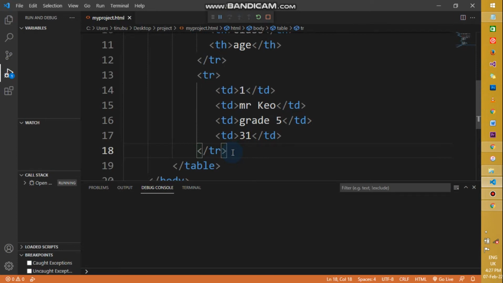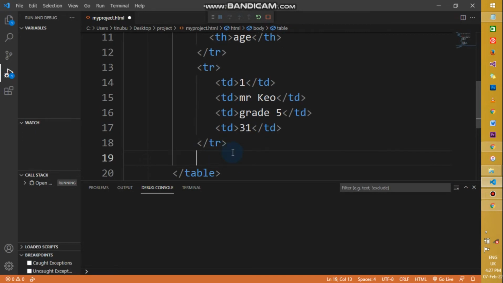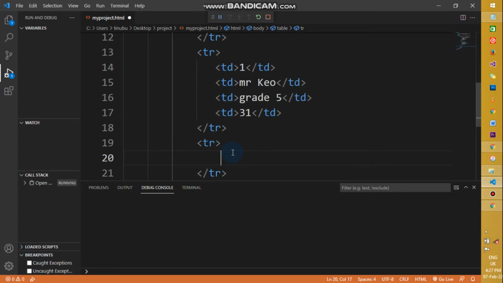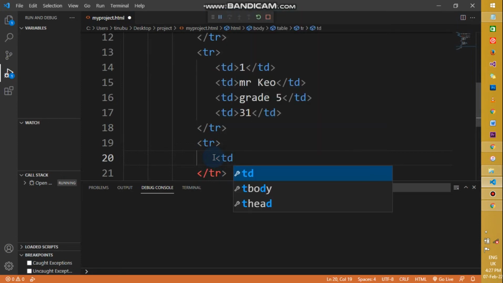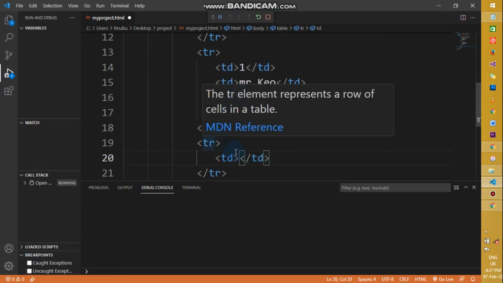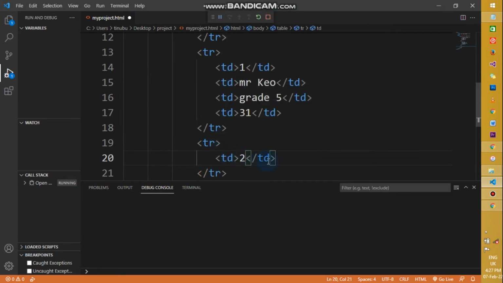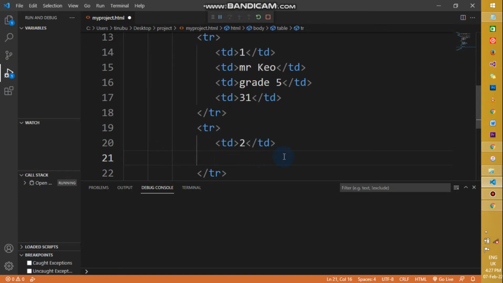So after this close of tr, you come down, open another tr, right? Open another tr, close tr. Then inside it you can have as many table data as you want. You can have another td. Let's say the next person is number 2 for td. The next td